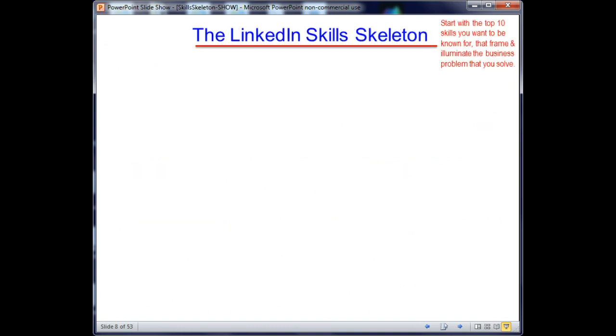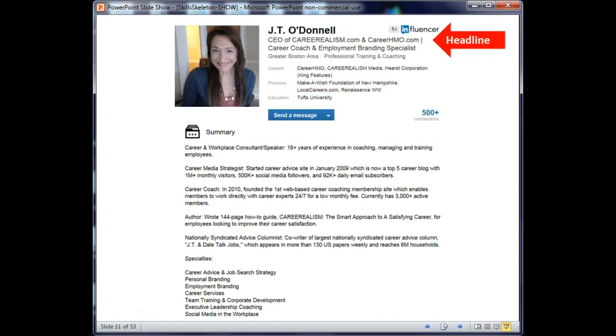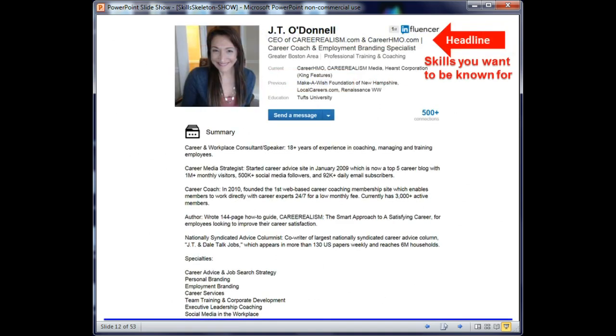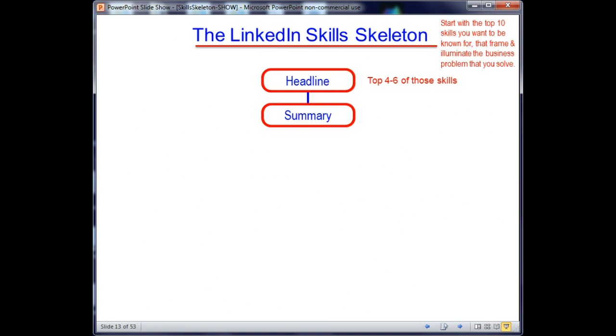Going back to our diagram, now that you have your keywords defined, the first place that you use them is in your headline. And that would list between 4 to 6 of those skills. And again, just for reference, this is the headline that lists those skills. The next place you would list the skills is the summary. The summary would contain quantified accomplishments that prove you have those skills, and in the summary you'll list all 10